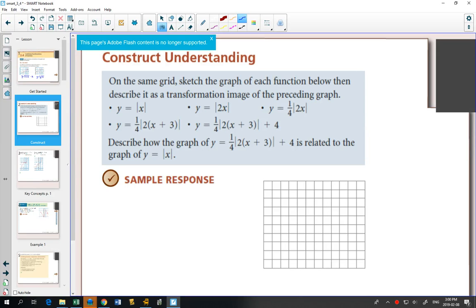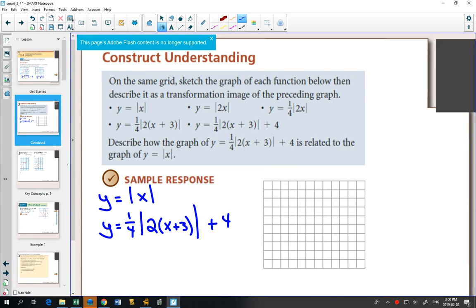What we're going to do is compare what happens when you go from your original function, in this case the absolute value of x, to the graph of y equals 1/4 absolute value of 2 bracket x plus 3 absolute value plus 4. And what we're going to find out is that when we have multiple transformations like this, first of all, you'll